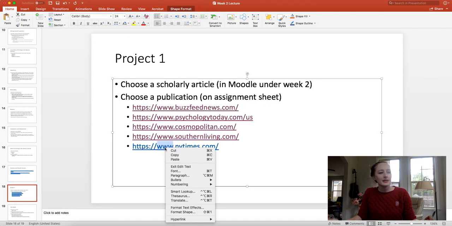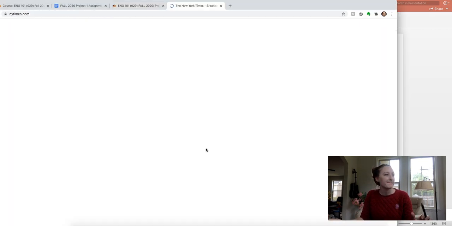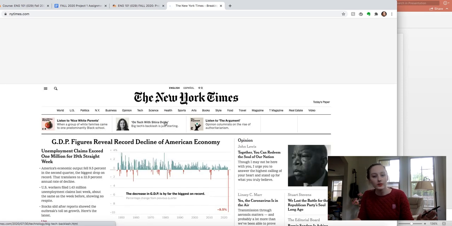Okay. And the last one, I don't think it's going to let me open this. So the New York Times, they have a paywall, and I'm cheap. So I don't have access to it. But you can usually look at 3 articles a month. So I suggest if you want to do the New York Times, go on it, and screenshot what it looks like or save one of their articles as a PDF, print it out so that you can access it. Let's see. It's probably going to be like, you can't, oh, it's letting me read it.